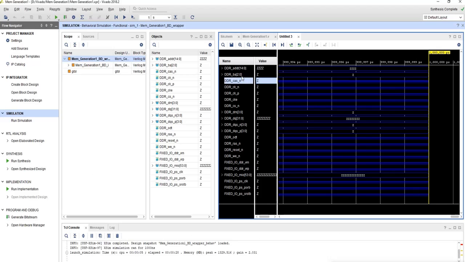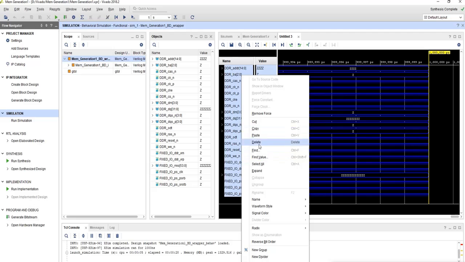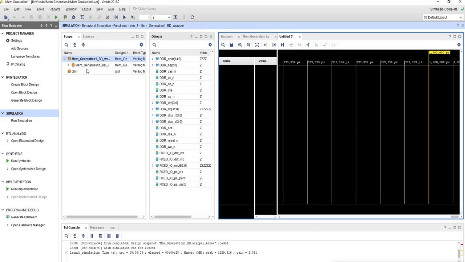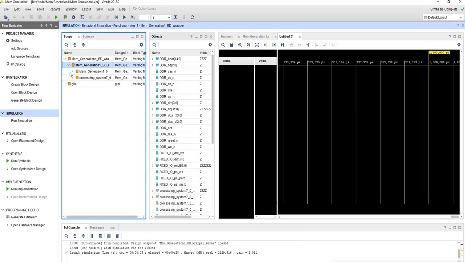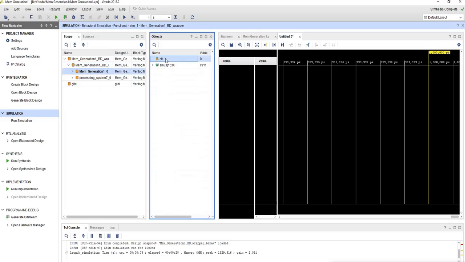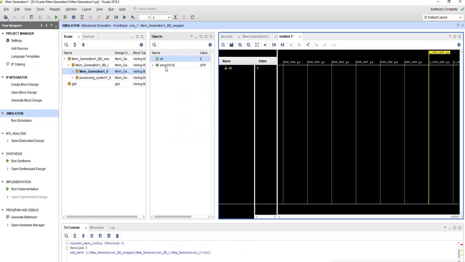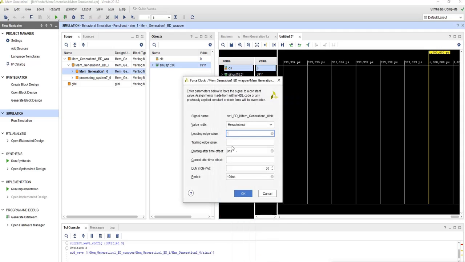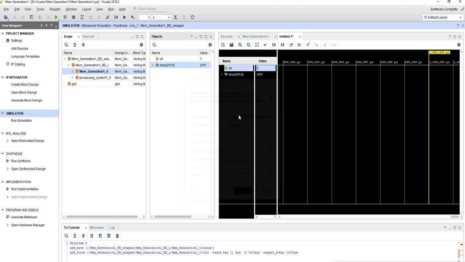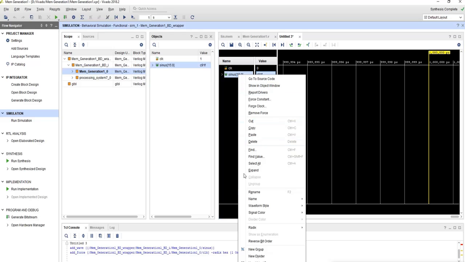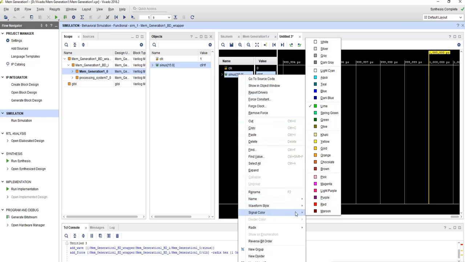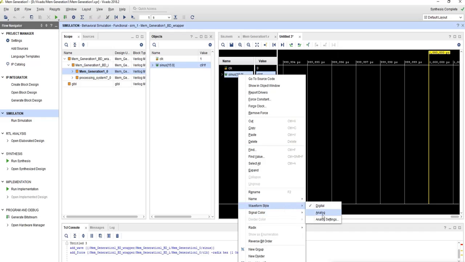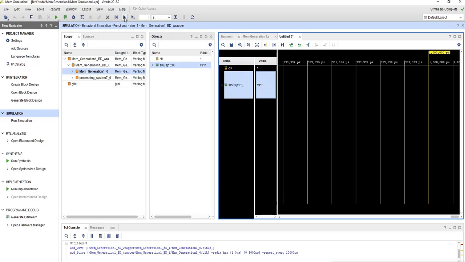Okay, so again we delete the previous waveforms, go to mem generation here, and add to waveform. Now go to clock and force clock, make it 1 with 0 and make it 100 megahertz as it is 10 nanoseconds. Make the waveform style analog. Now run it.